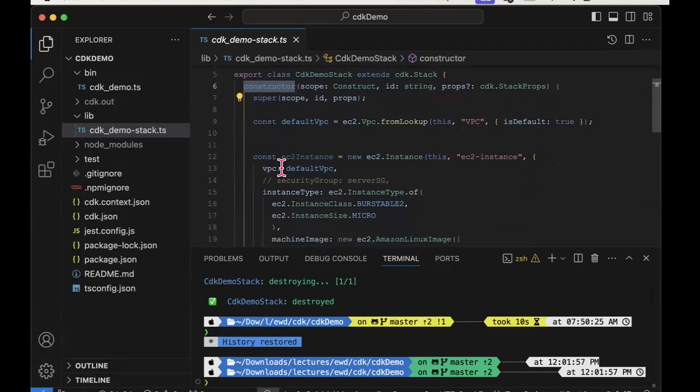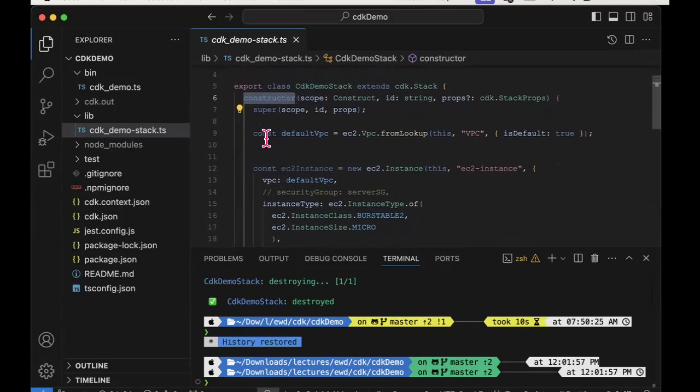Okay, if I look at the detail then, in this particular example, the very first line here is a slightly odd one. All I'm doing in the line that I've highlighted is grabbing the VPC that has been created, the default VPC, the Virtual Private Cloud instance that was created when you created your AWS account.